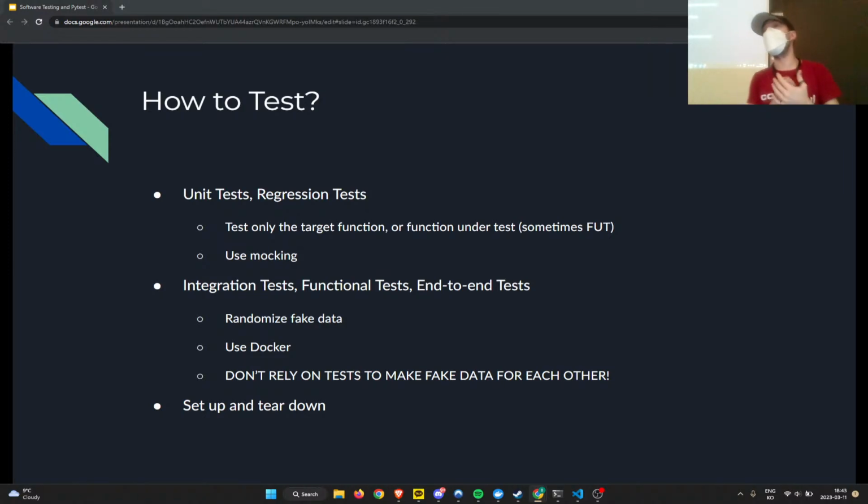There are lots of libraries for generating fake data. Lots and lots of them. If you've ever seen those name generation things where it's an adjective and then a person name or animal name or something like that, that's a very common fake data generation library. I don't remember the name, but you can just Google for it.